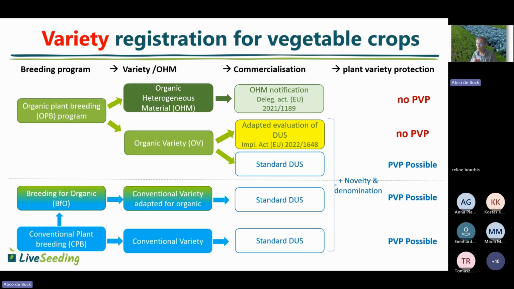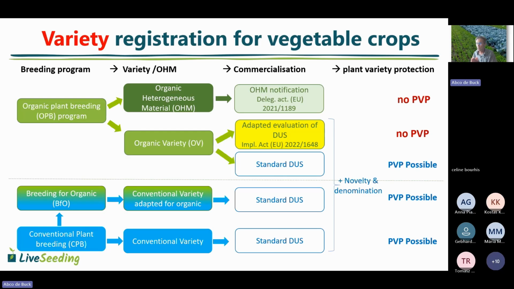The definition is very important to block the route from conventional plant breeding, which leads to varieties that are not very uniform, into the route of an organic variety. That will be a hazard for the quality of the varieties that come onto the market. So that route is definitely something we do not want and we should exclude by law.